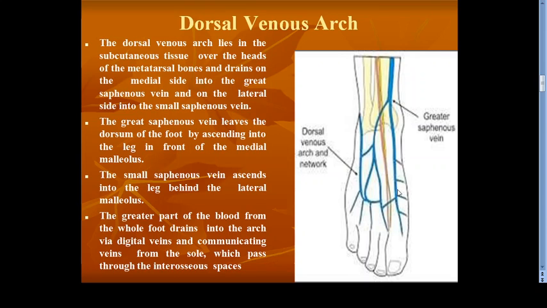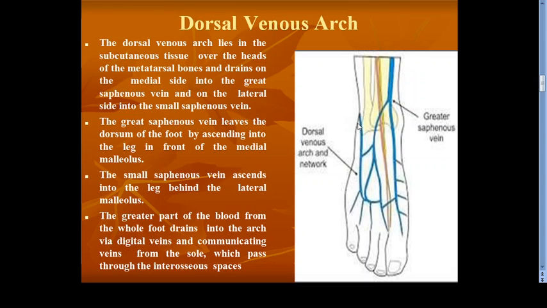From the medial part of the foot, it is drained into the great saphenous vein, whereas the lateral part of the foot is draining into the small saphenous vein, right? What is happening over here is that many of the small veins, many of these communicating veins or the distal veins, are draining into this arch. This arch from the medial side is draining into the great saphenous vein, whereas this arch on the lateral side is draining into